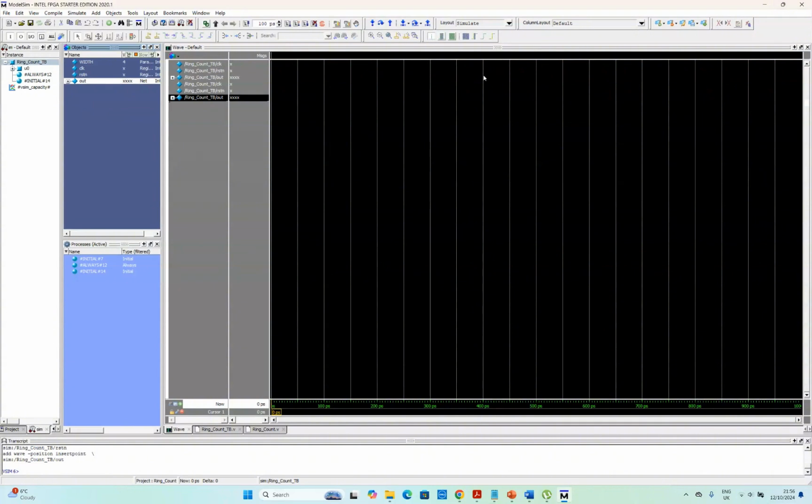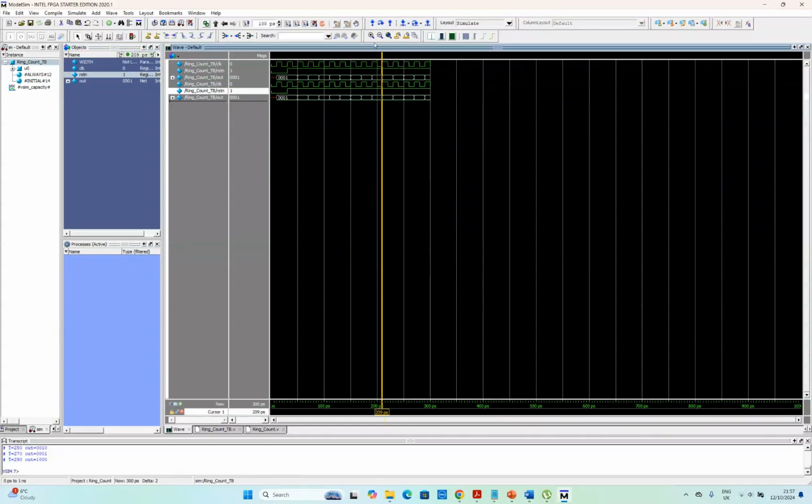Now if we run the simulation, let us run it for a few cycles, but we cannot run it for more than 15 cycles because this is defined in the test bench. So if we zoom in,